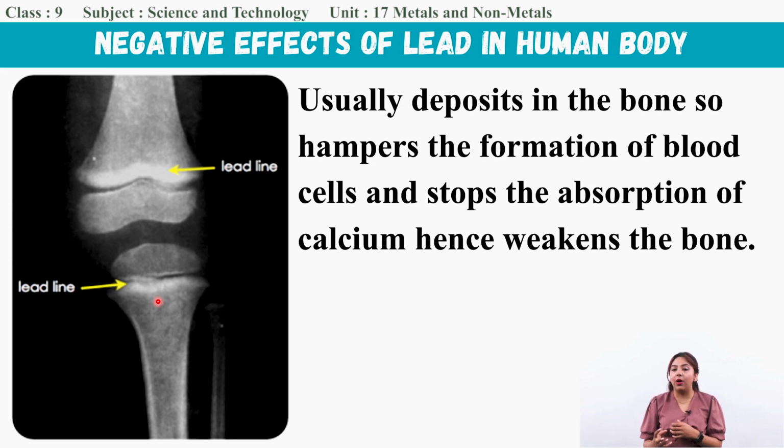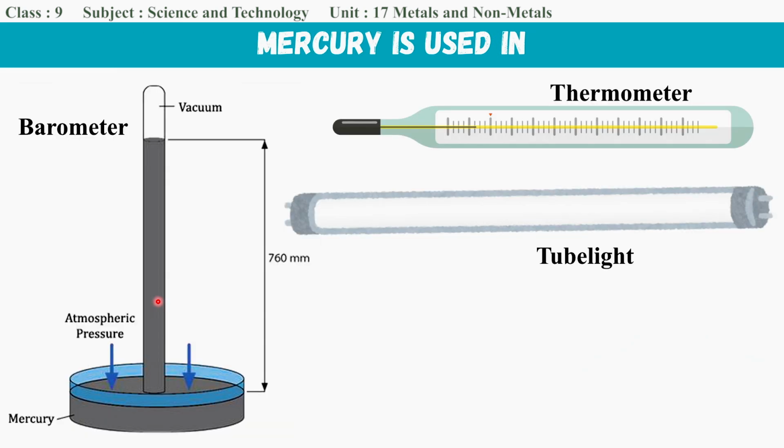Now let us study about another metal, that is mercury. Mercury is usually used in thermometers, but nowadays the mercury thermometer has been replaced by the digital thermometer in so many places, but there are certain places that still use it. Mercury is also used in barometers to measure pressure, and mercury vapor is also present inside the